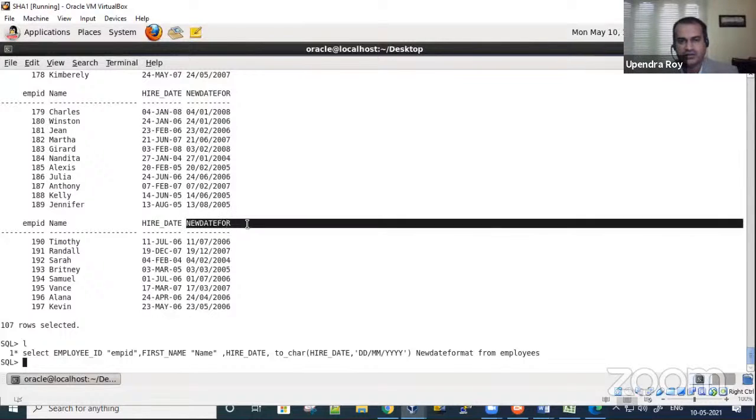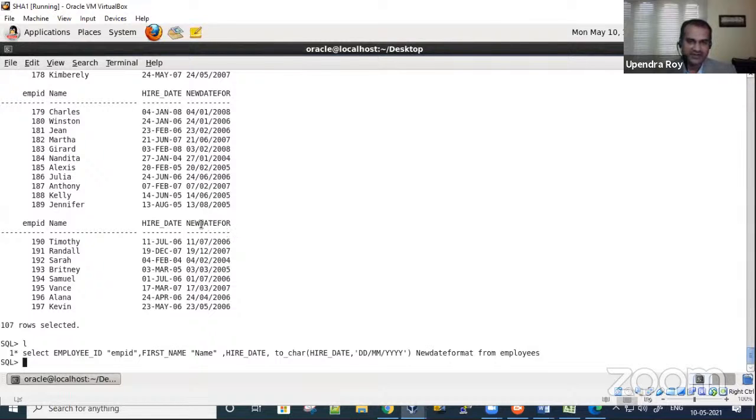But you want a little bit more detail, or the full heading to display. So what you can do, though you are not able to get it here, whatever format we have given, new date format. Okay. So column name